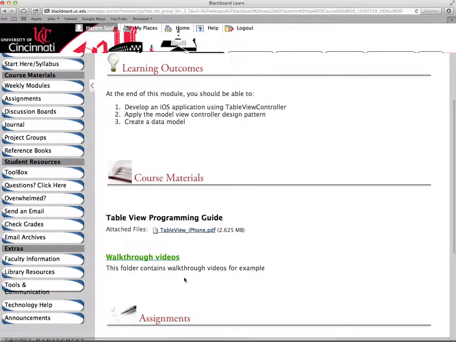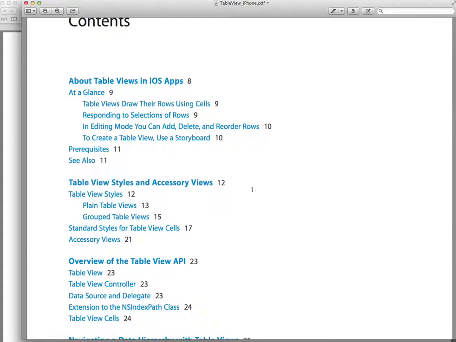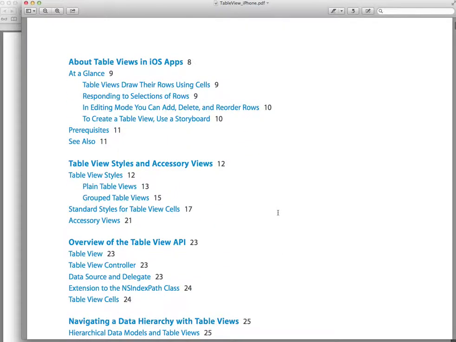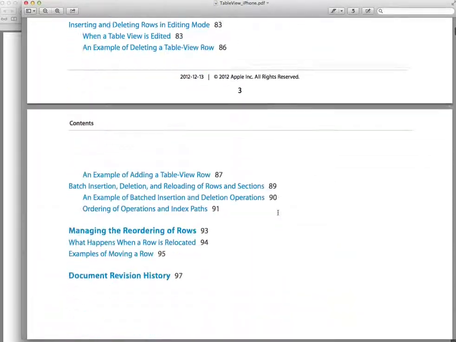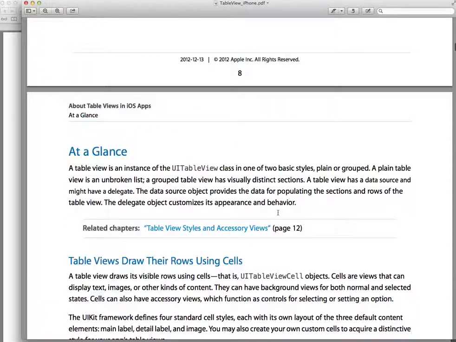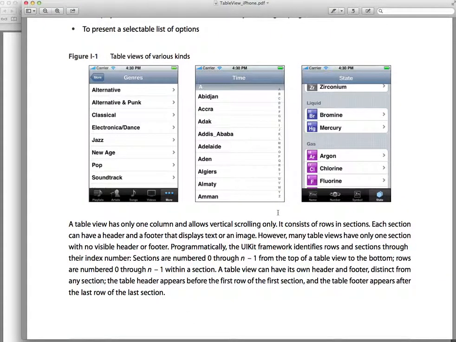Okay, so let's jump into the table view controller guide, and I have that open here. Let me first preface this by saying that the table view controller is one of the most commonly used controllers in the iOS environment. You can use the table view controller for many purposes. Most of the apps that come on your phone use the table view controller.